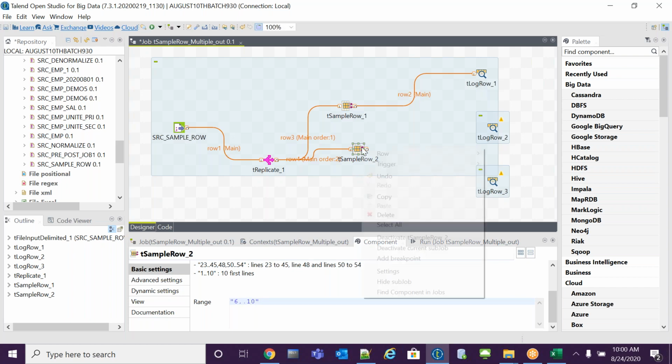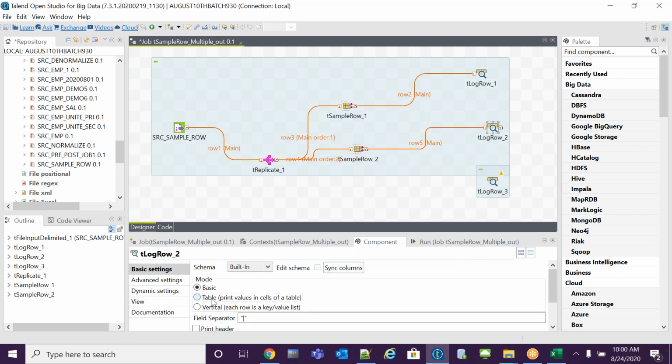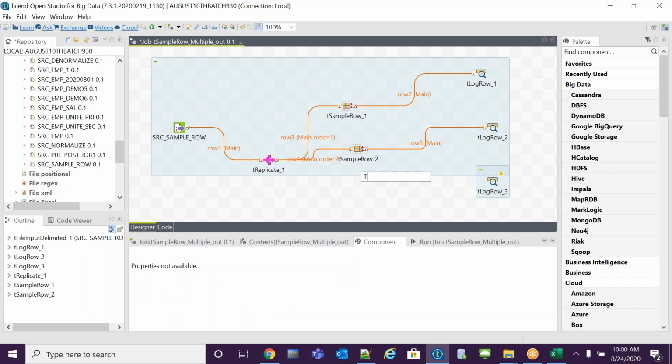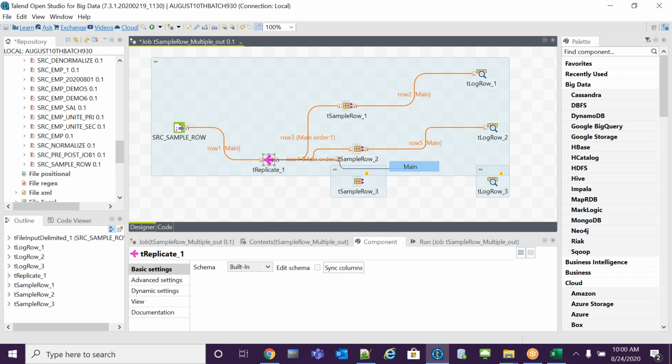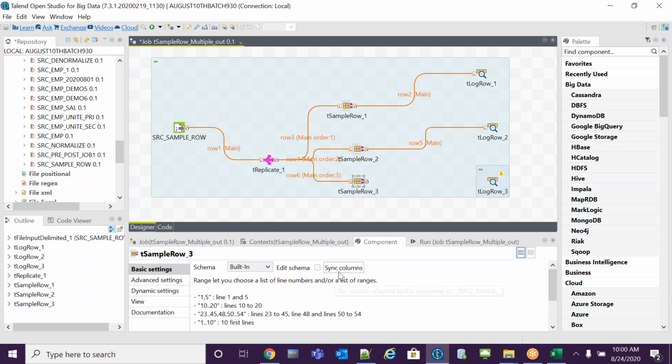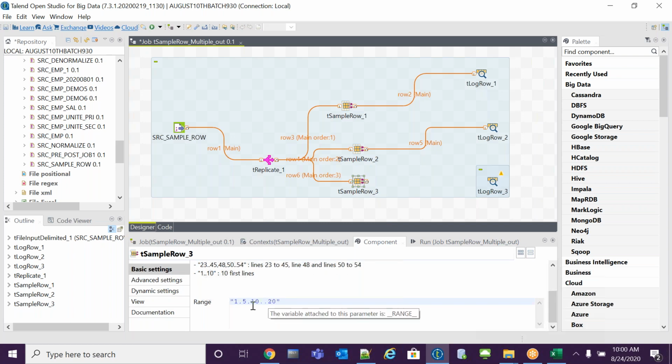I will give the link. Double click the tLogRow, make it as a table, and sync the columns. For my third output I want one more condition, 11 to 15. I take the tSampleRow, sync the columns, and define 11, two dots, 15.